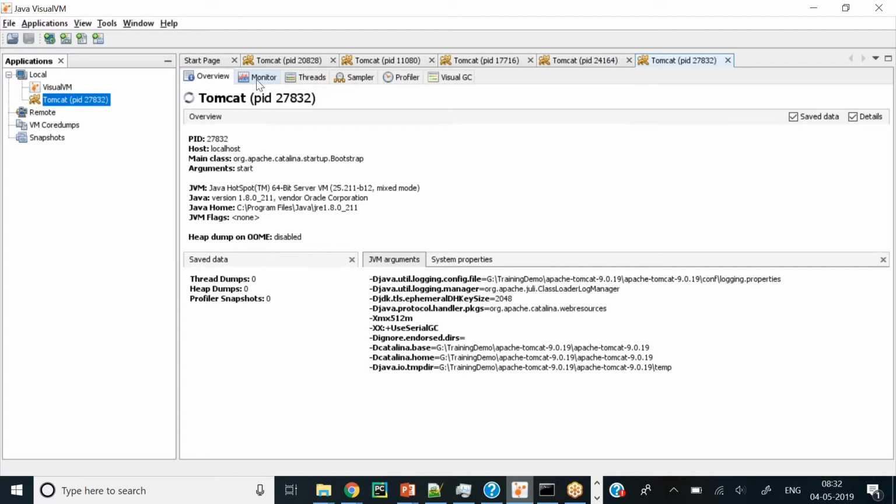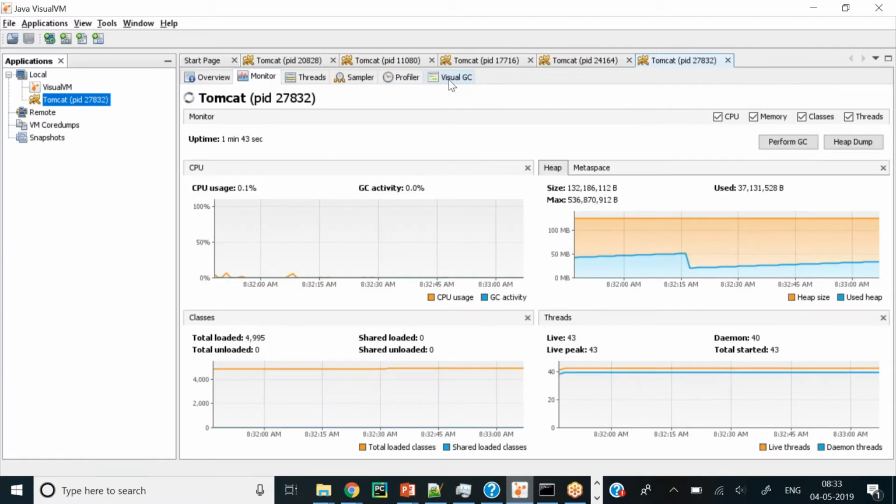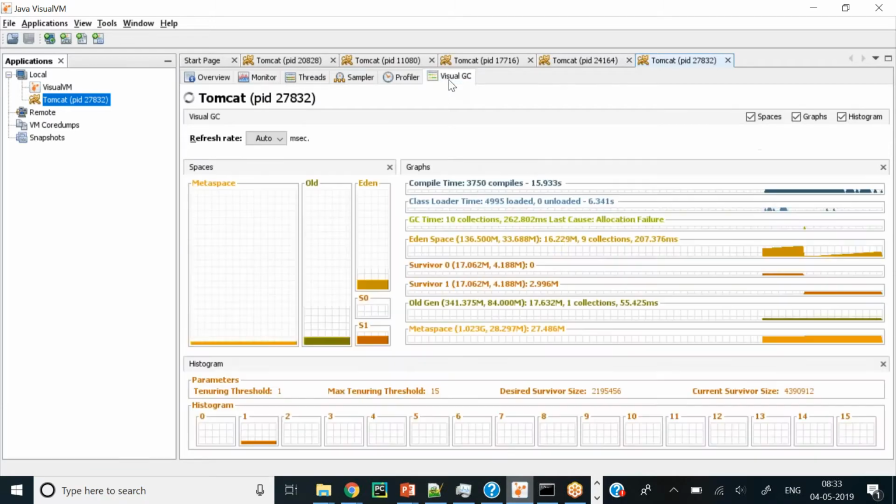Okay, so next session we'll do one thing. I will show you the JMC, right? Java Flight Recorder and Java Mission Control, and how we use it for monitoring this GC and the entire application. As of now you understood what has to be done. You just need to change the GC algorithm and observe how it is moving. Now Chandan, you can see these objects moved to the S1. So from the first Eden space it moved to the S1. Then again, the old generation you can see is getting increased.